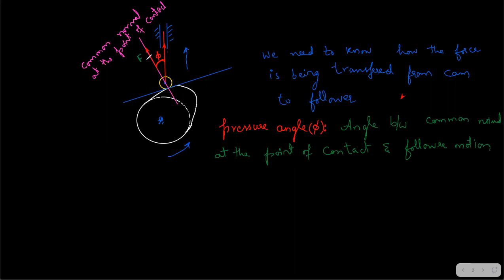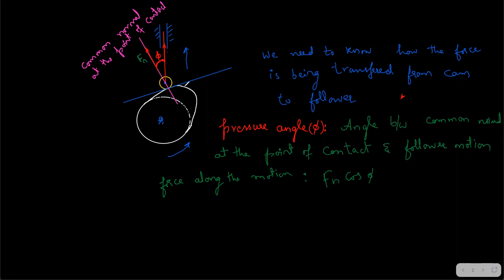What is the force? This is the force, right? Actual force, normal force. What is the force which is acting along the motion? That force only is responsible for the motion, right? Whatever force is acting along the motion is only responsible for the motion. So what is the force along the motion? We can say that the force along the motion, or the force helping in generation of motion, is Fn cos phi, right? It is the cos component of this Fn.